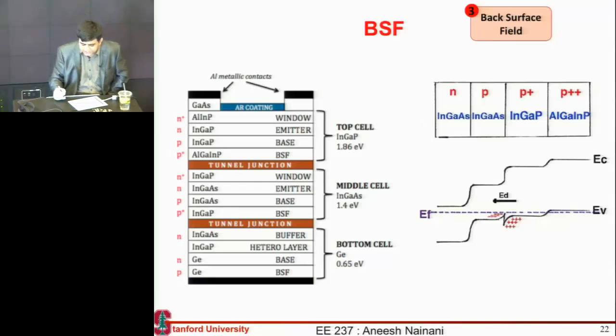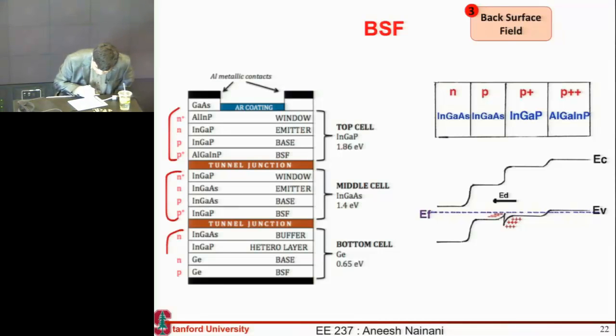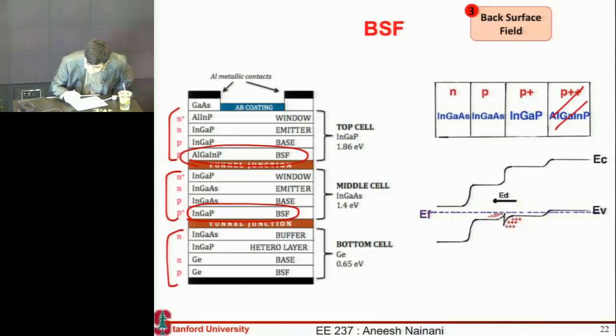Okay, so a similar concept but slightly different realization is that of a back surface layer. Again, if you look at all these 3 cells, you see that the back surface or the bottom of each of these cells has this layer which is termed as a BSF. This again is usually made up of a material which has a higher band gap as compared to your cell, and it achieves again the function that,